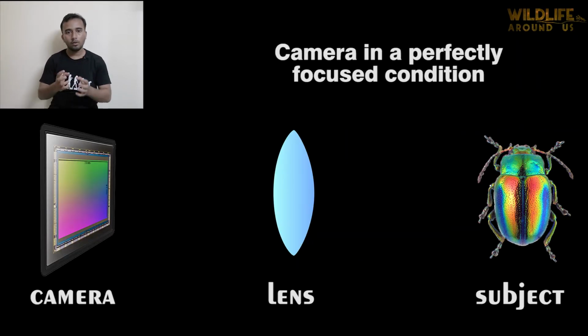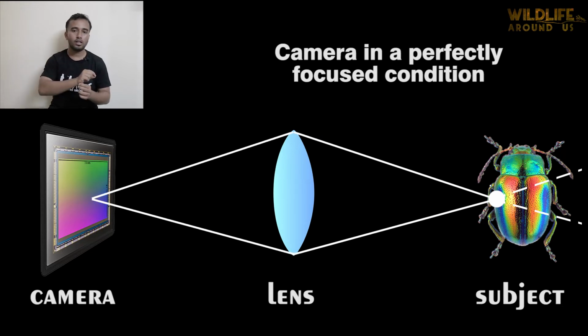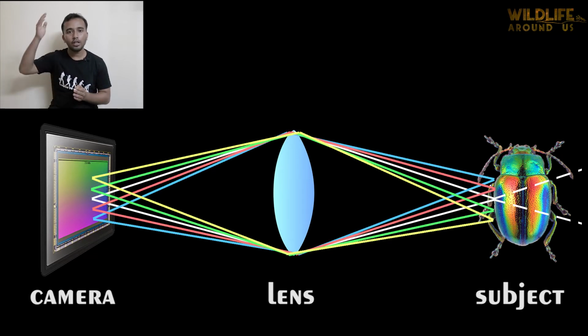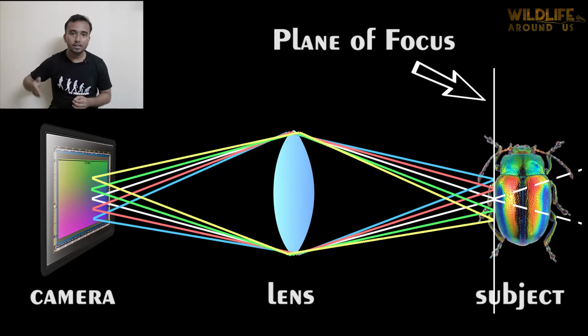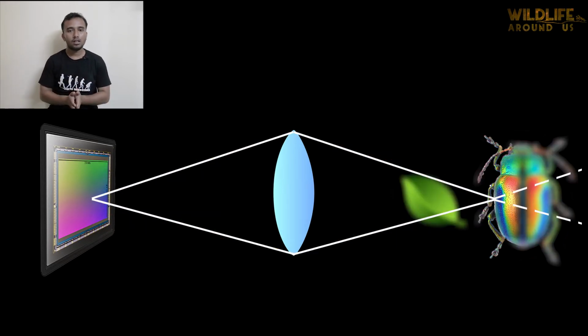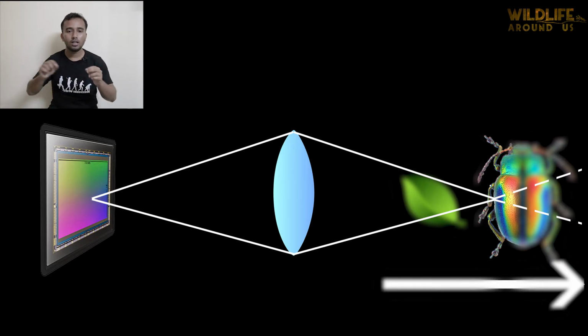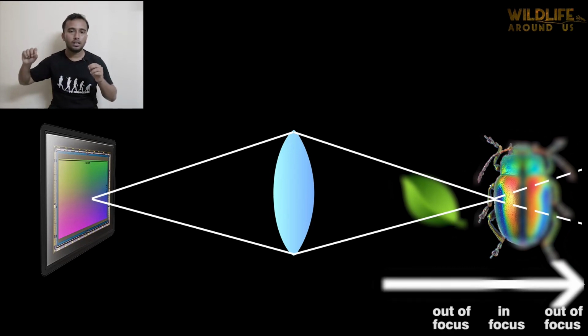Now let's see what happens when we photograph a subject. When my camera is perfectly focused onto that insect, then light from a point of that insect will get refocused into my sensor via the lens. It doesn't mean that light from only one point is getting refocused into my sensor. Basically, light from innumerable points that lie on that same plane is getting refocused back into my sensor via the lens. Now if we put an arrow, we will see that it is going out of focus, then it comes in focus, and then it is again going out of focus.